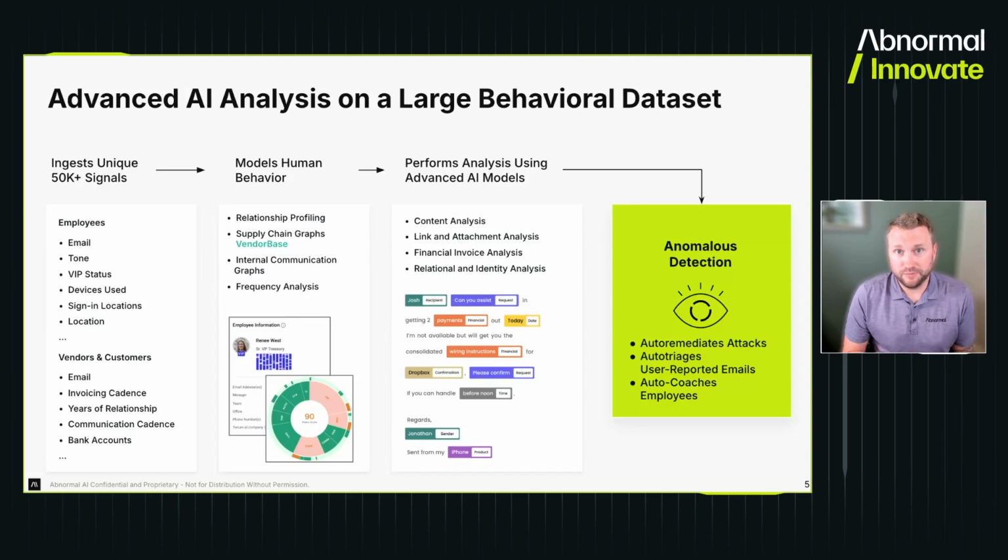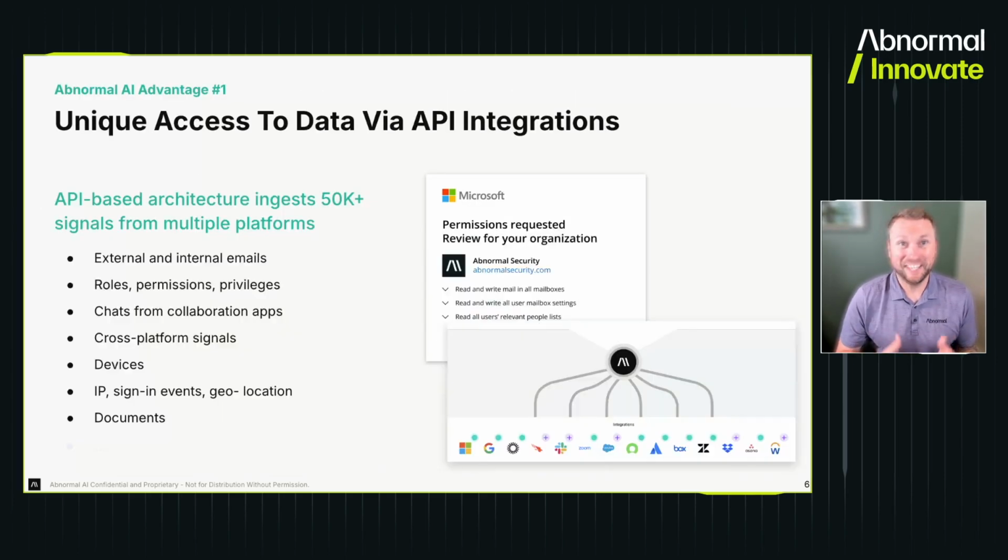Going from there, when we talk a bit more about human behavioral modeling, this is where we're understanding, again, where this user is logging in from. In the case of this pretend user here, Renee West, our senior VP of Treasury: what organizations does she also interact with? Does she work with third parties? What types of relationships or communications does she have with those third parties? And when Renee logs in for the day, where does that login come from? What browser is she coming from? What device is she coming from? And we're looking for those different types of data points and signals to identify and understand anomalies